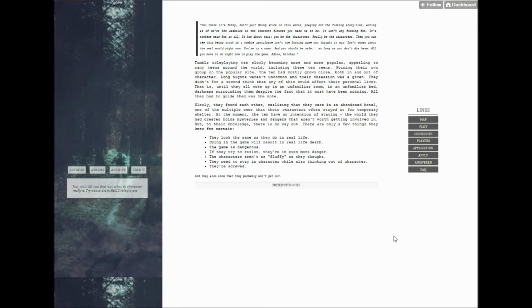My last concern is the bullet points at the bottom. My suggestion would be to put these into a paragraph form like you have the rest of the information, because in the reader's mind it looks more like a checklist than part of the vital writing. I would also abstain from bulk writing using lines such as, "the writers aren't as fluffy as they thought," or "they're screwed," simply because it doesn't pertain a whole lot to the plot in general and just gives the reader